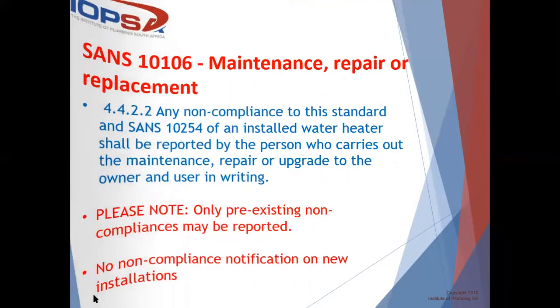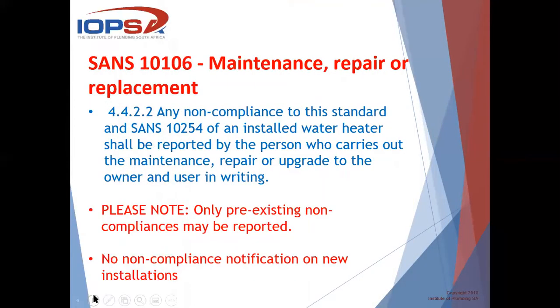Then if we go on to the next one, we look at 10.10.6 regarding maintenance, repair, or replacement. I specifically put this in here for the reason that we often come across an installation where a geyser needs to be replaced, and it often happens that somebody replaces the geyser whilst it's connected to a solar system, and then the problem starts. So in this instance, where you go to an existing installation,